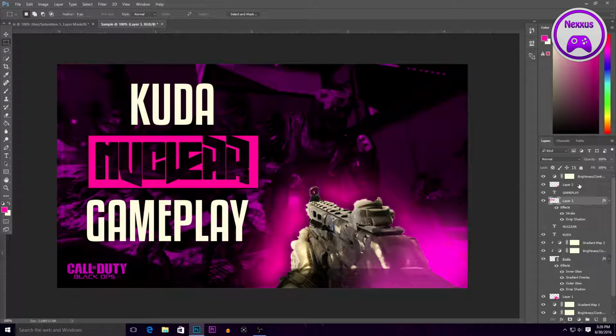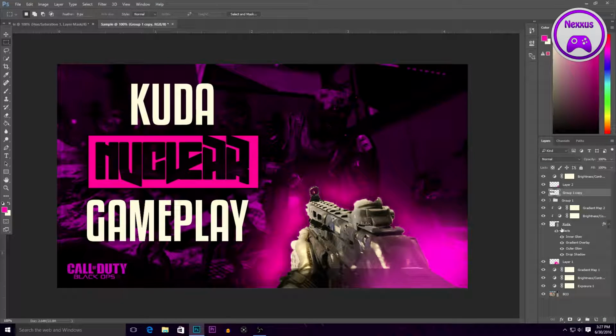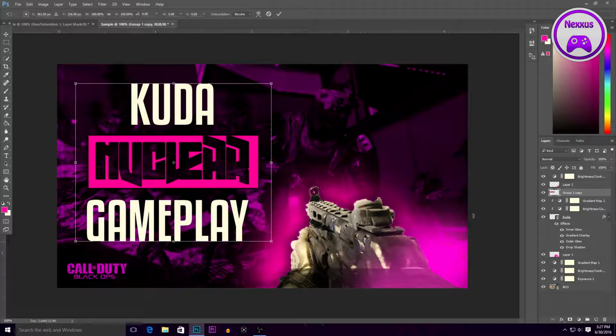So the next thing we're going to do is kind of group together all of our text. So press Control on gameplay, layer 3, well for me it's layer 3, it's the marquee layer, and then CUDA and nuclear, and then press Control G. It'll make a group 1 copy, and then click the eyeball on group 1, the original, and then just go ahead and delete that. And the next thing we're going to do is Control T with this layer,